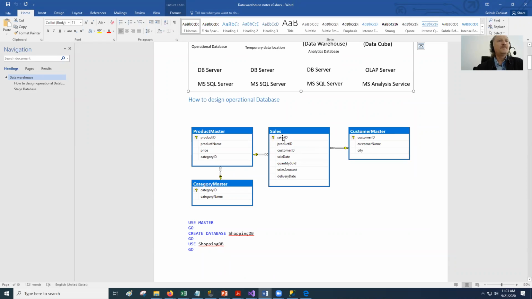Sales ID is a primary key of this table. Product ID is a primary key of this table, but product ID is a foreign key in this table. In the same way, there is one more foreign key here. Category ID is a foreign key in this table, but category ID is a primary key. A foreign key is telling us, for example, if I want to transfer data from this place to the